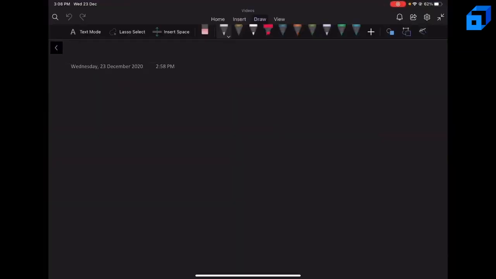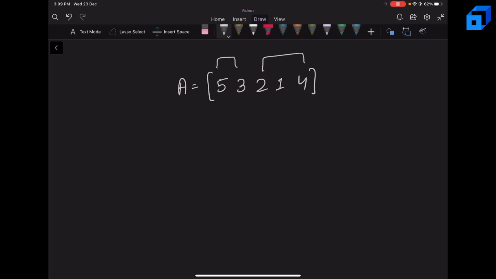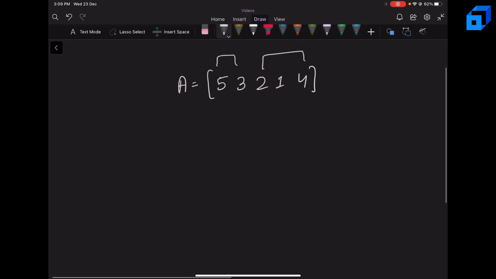Now let's actually take an example. So we have 5, 3, 2, 1, 4. So this is our array. So first thing to observe is, since we want the lexicographically largest array, and we will place some prefix and reverse of some suffix, if we consider reverse of some suffix, the first element will be 4 in that, right? Now we want the bigger elements to appear in the initial positions. So we can actually take the elements greedily. So if our element is greater than or equal to 4, we will keep taking the elements. Since the array only has distinct elements, we don't have to actually care about equal. So if our element is greater than 4, we will keep taking the prefix.